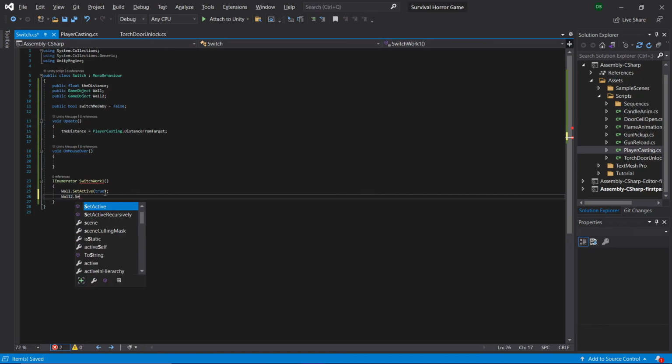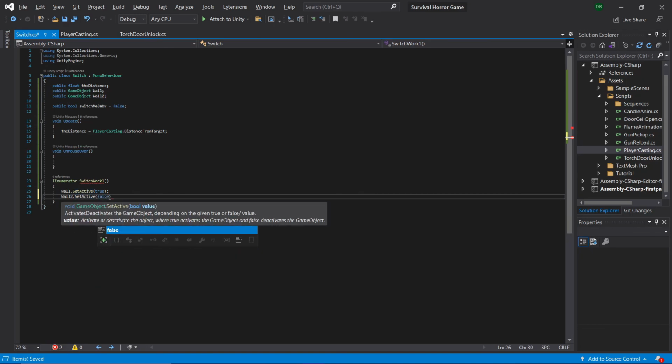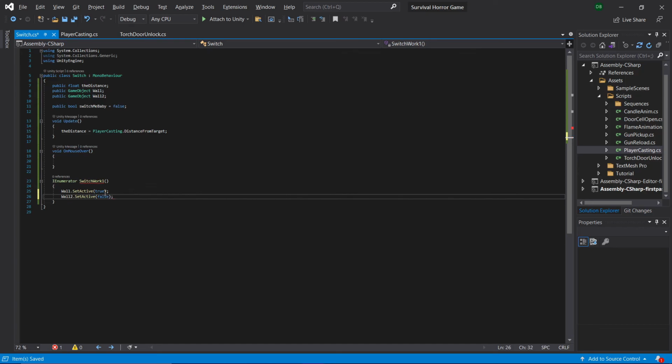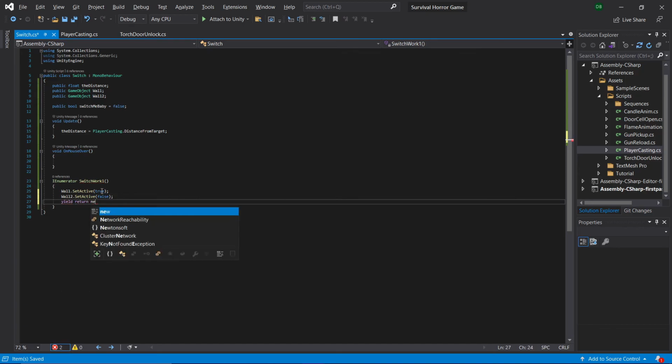Wall 2 dot set active false. Yield return new wait